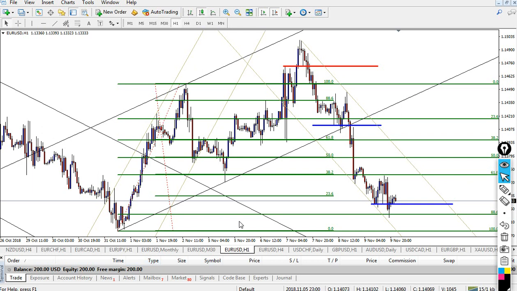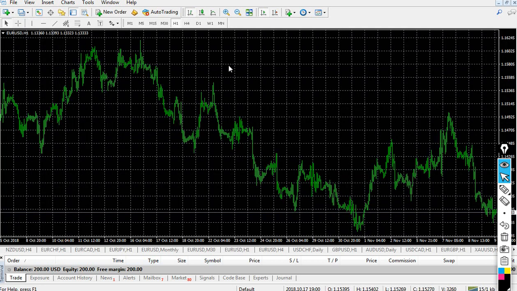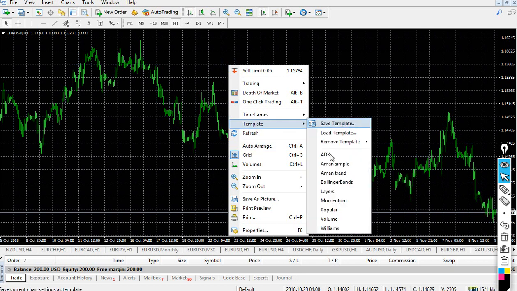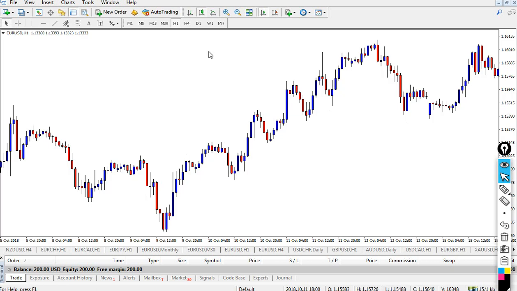Now here this is my diagram, and how I draw this I can tell you in a few minutes. Let's take a brand new plain chart here and understand this. We're taking EUR/USD. Now let's remove all this mess. I'm just taking my template, which is simple.